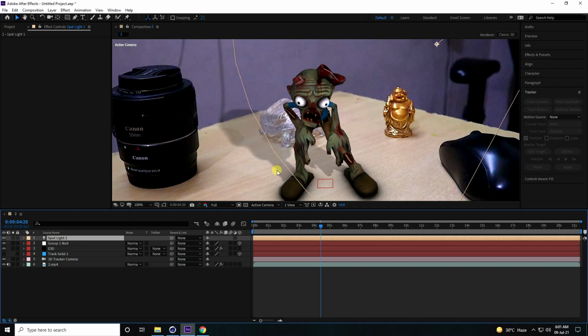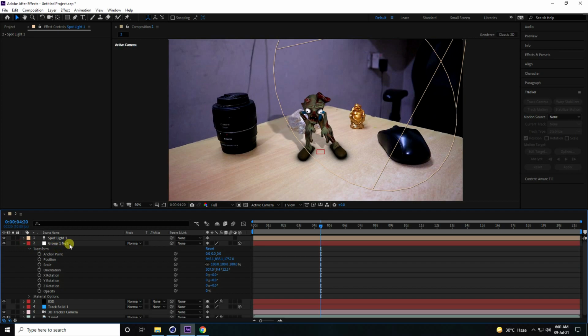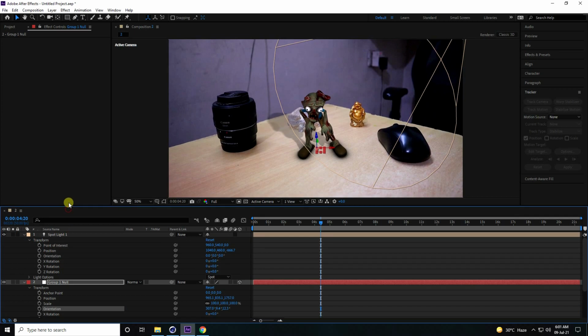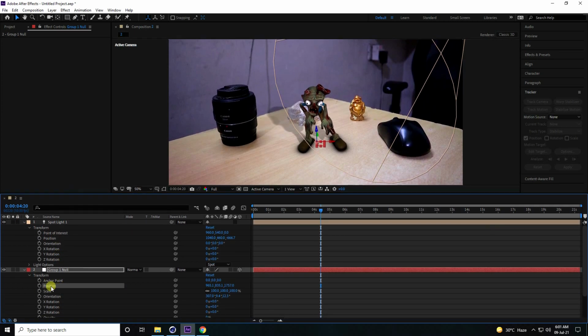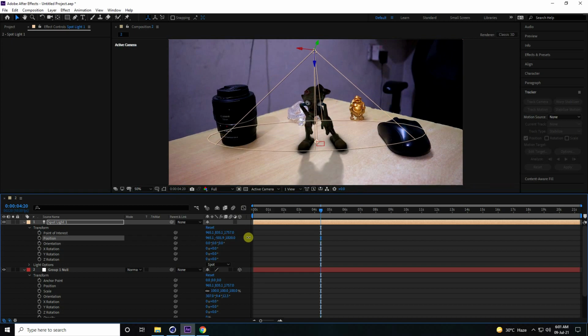This one, shadow. Guys, you can change any shadow position. So go to here, group null and go to same transform. Guys, select this position and copy and paste. And same on here, point of interest, paste. Yes. And position change like this. Guys, go up and more. And guys, little bit rotate this shadow. See guys, that's my shadow effect.